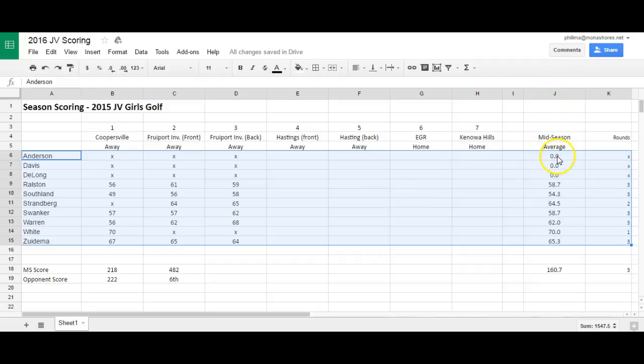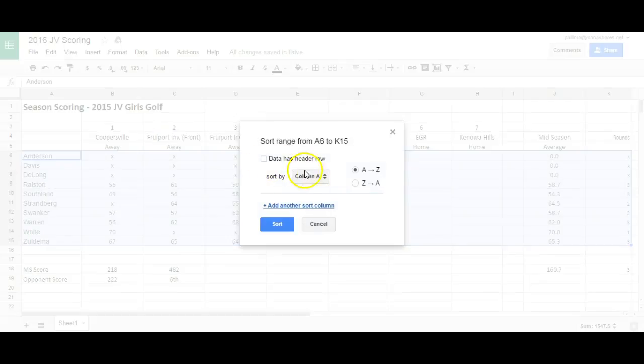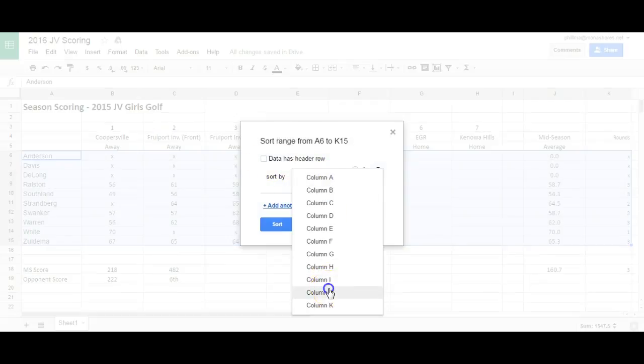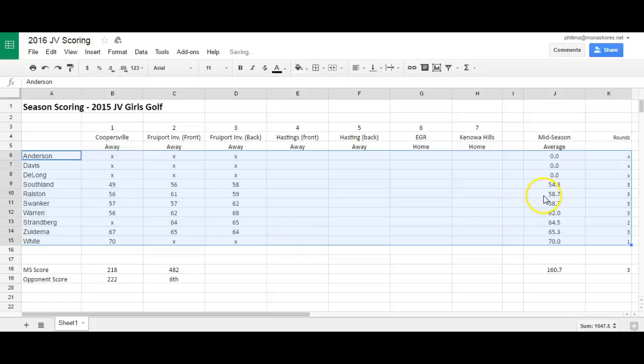So I'm going to sort it by the score, and I want to sort it from the lowest score to the highest score. So I'm going to choose this data. I'm going to sort range. I'm going to choose column J. Column J is actually going to be their mid-season average right now. And I want that A to Z, which is going to be lowest to highest, and I'm going to hit sort. So it actually sorts the players from the lowest average to the highest average,